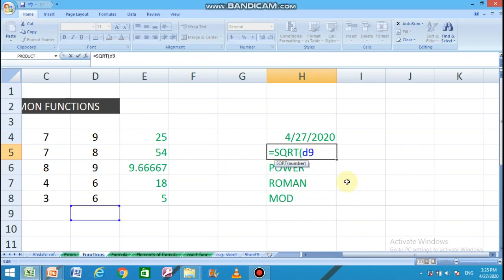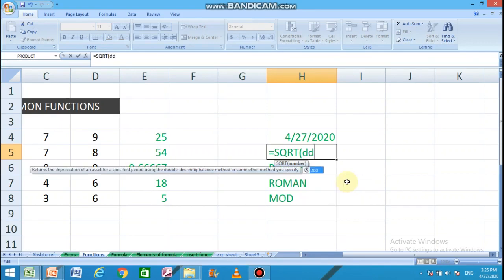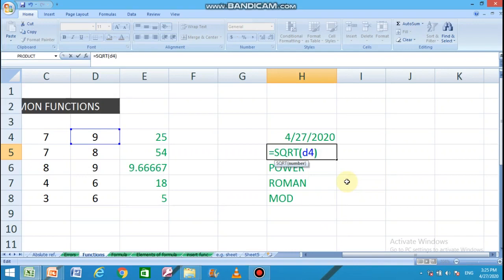Suppose I am giving one argument, that is a cell address D4. The D4 is having value 9. The square root of 9 is 3.